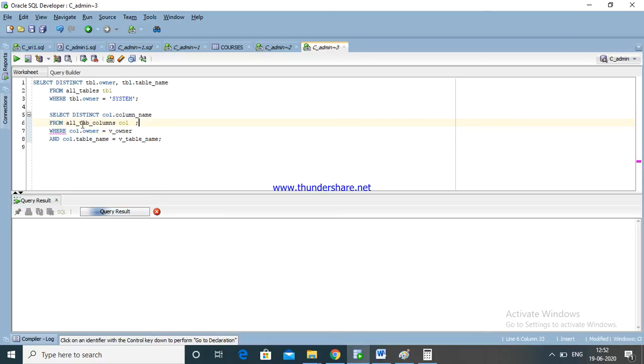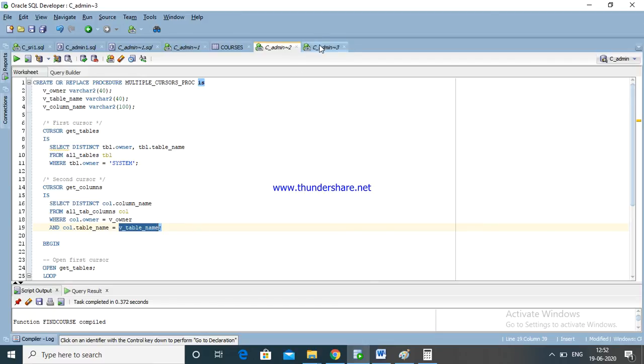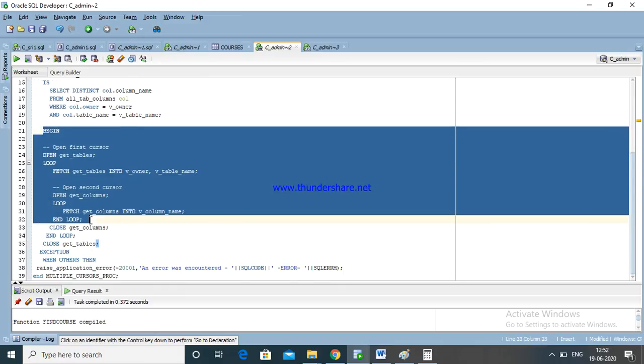These are all distinct column names you are going to process. No problem. Get cursors beginning. Now here is the procedure, here the beginning.